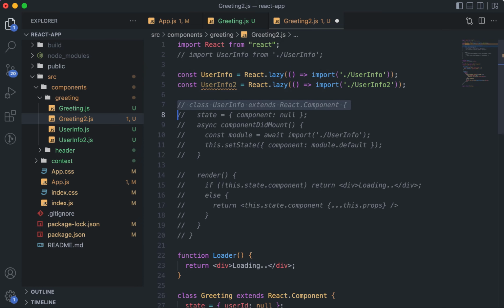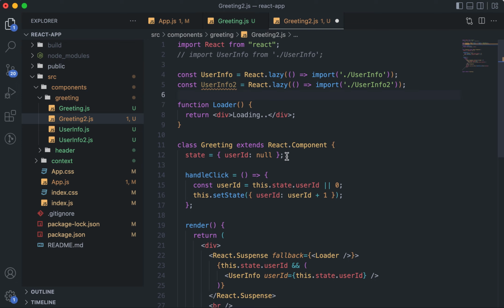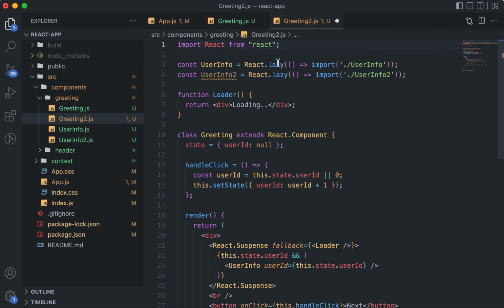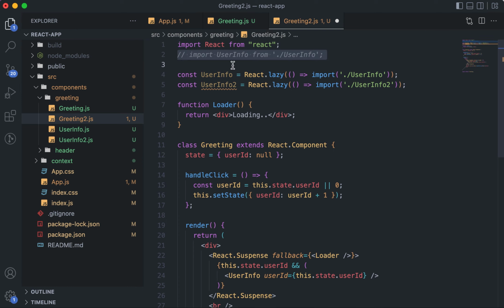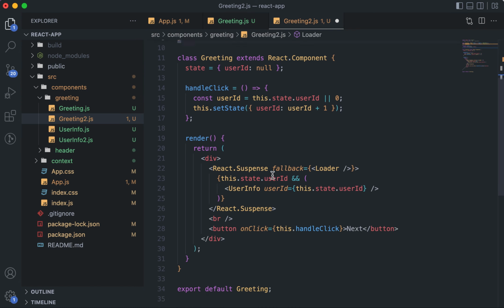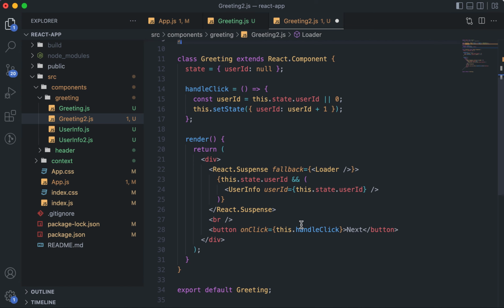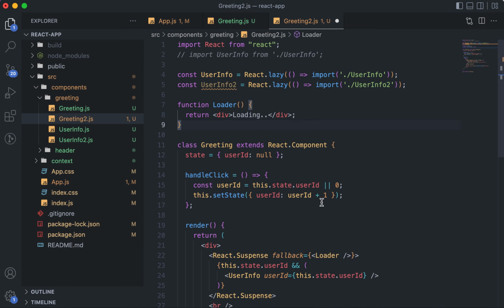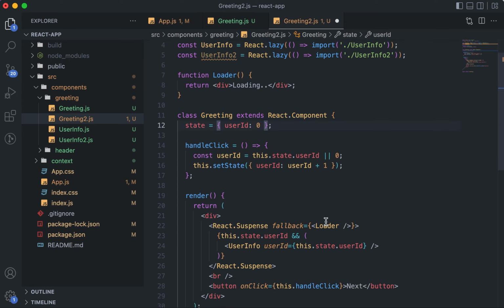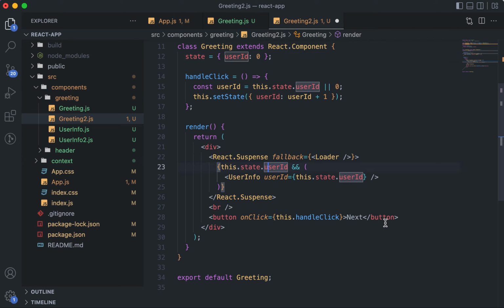Right now let's remove our custom implementation. It is no more needed. Now let's see. Obviously this is also not needed, because right now we are making it, but let's keep it just for the sake of it, that this is not how we are doing, this is how we are doing. Okay, so user info and user info 2 also we have to use. So let's have a simple thing. So right now rather than null, keep it 0. I will make it null back, but right now let's keep it 0, and then we can do something like this,